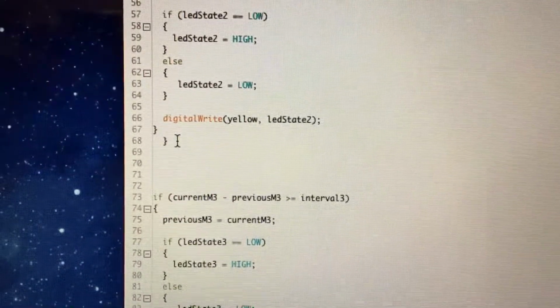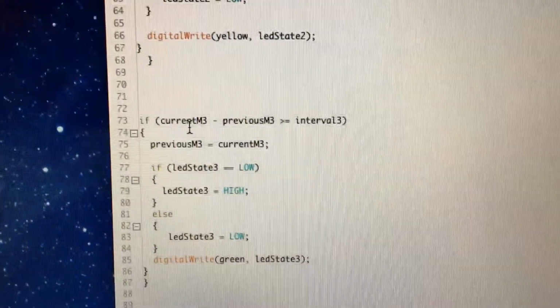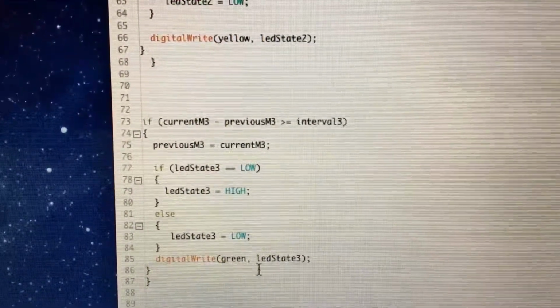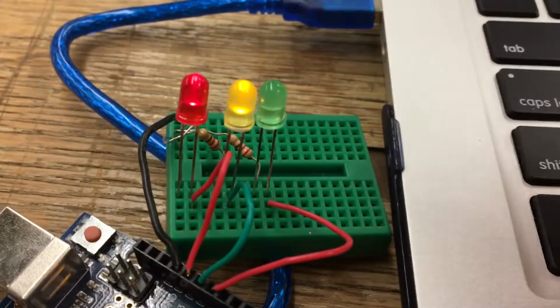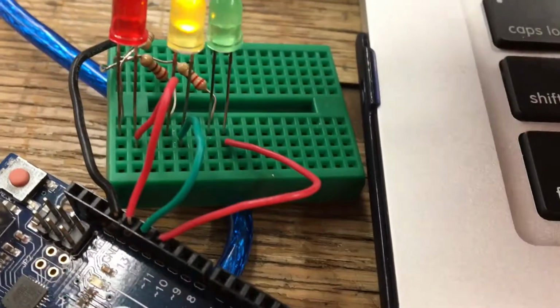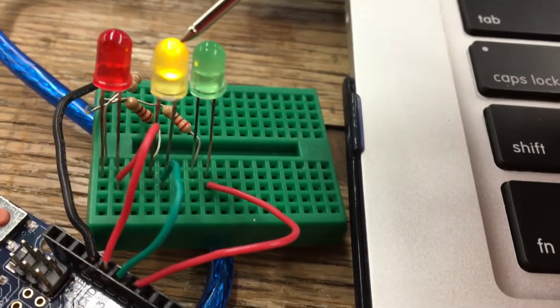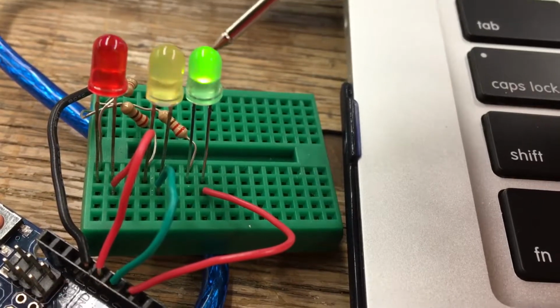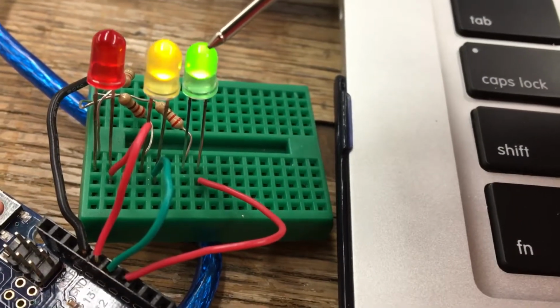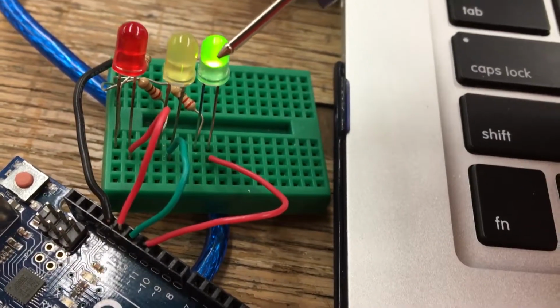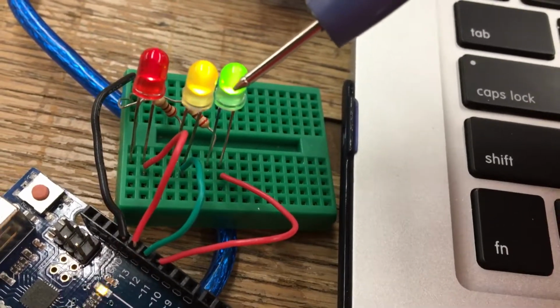I finish that off with 2, and then 2 more, and this is what my code looks like applied. So I have my red LED checking every 333 milliseconds. This one checks every 500 milliseconds, and this one checks every 1000 milliseconds, which is 1 second. And it's the same setup as my other